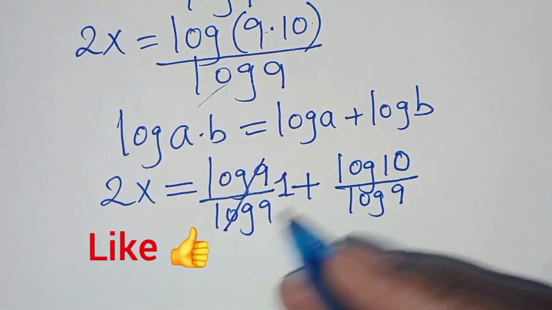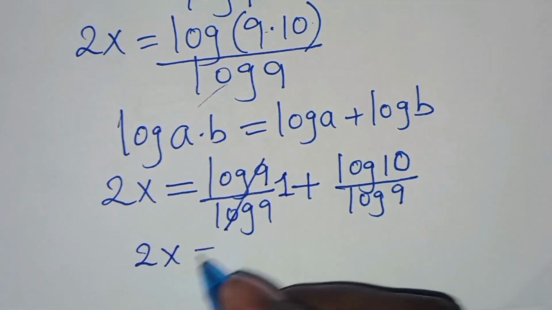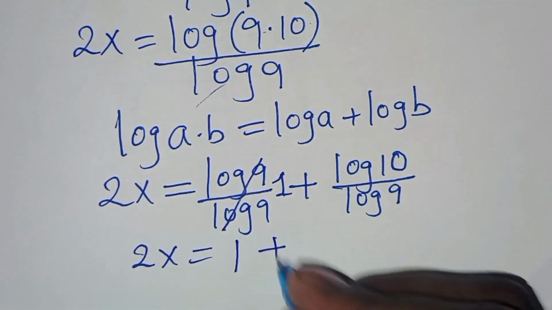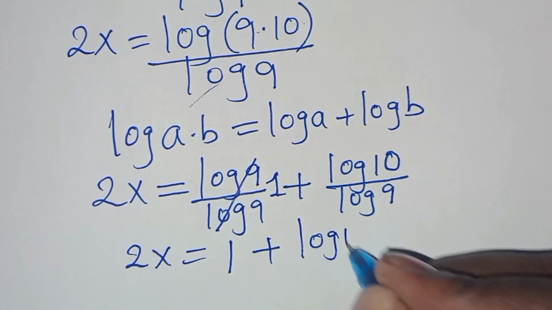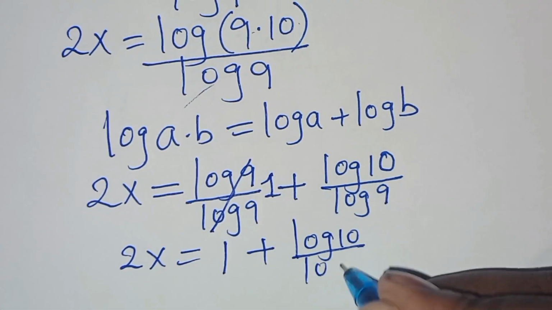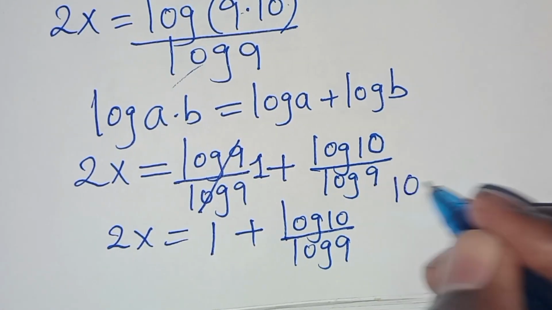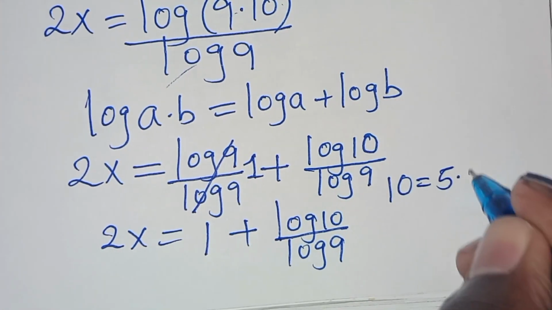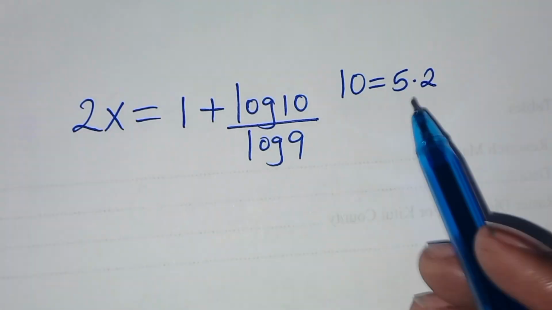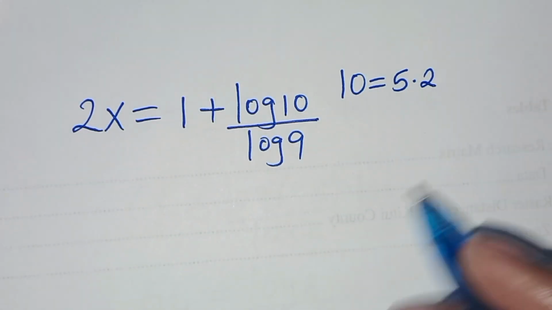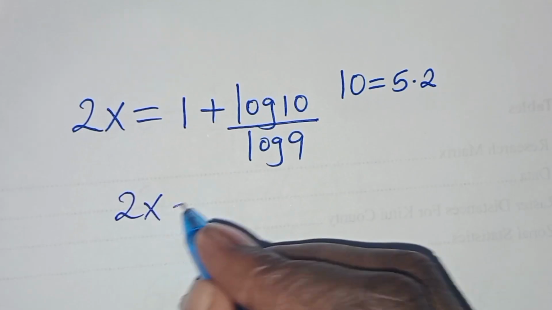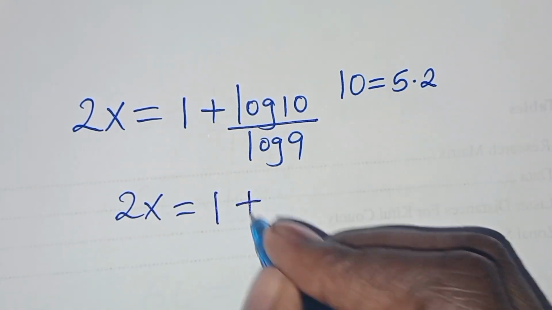So this is 1. Here we have 2x. This is equal to 1 plus this is log 10 divided by log 9. Then here 10 can be expressed as 5 times 2. So substituting 10 here, which is 5 times 2, we'll have 2x. This is equal to 1 plus log